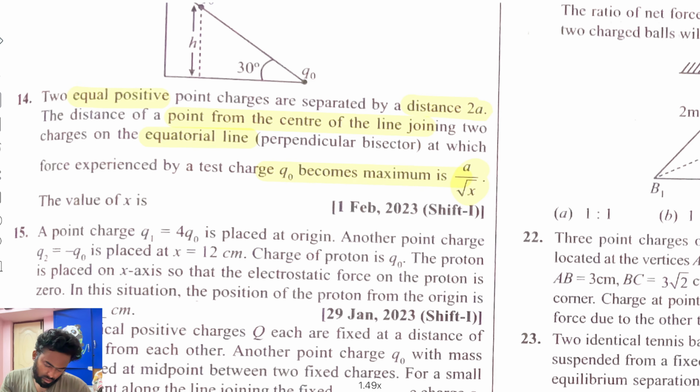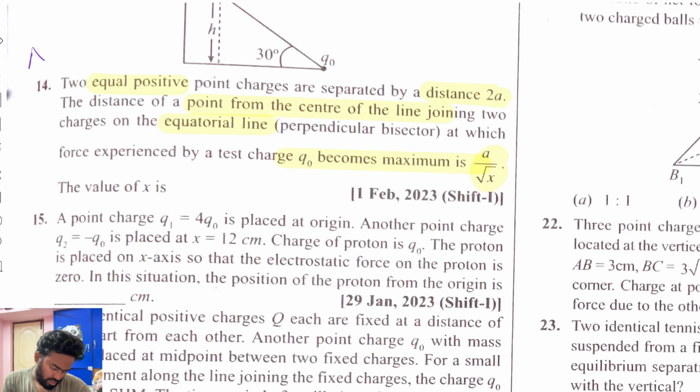Okay, so now this you can solve it also, or you can just remember it from the ring. You can establish the analogy from the ring. Two equal point charges q and q. From the center you are going at distance x. So x will be this distance between them, 2a. So for maximum